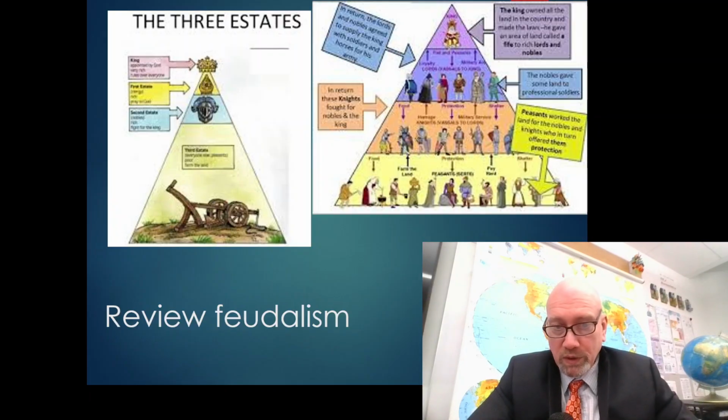Okay, so in grade 8, you would have learned about feudalism. In this diagram, you've got the nobility at the top. The nobility would include all kinds of terms like barons and dukes and duchesses and lords and ladies. And in France, you would have had a term like a marquis. And below the nobility would have been the military class, the knights and vassals working closely with the nobility.